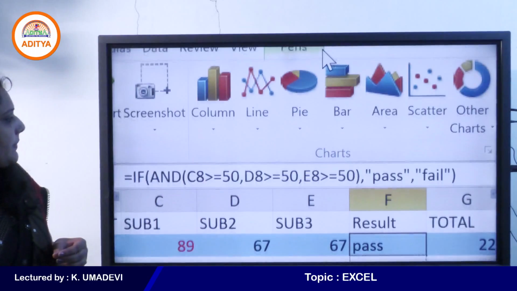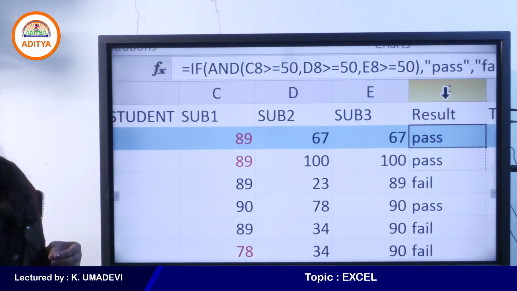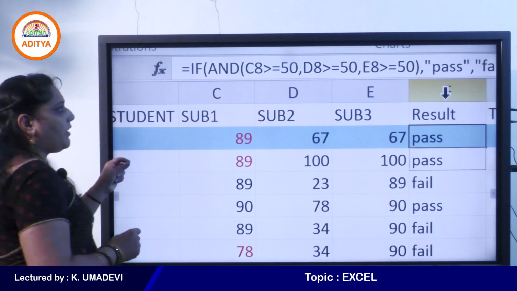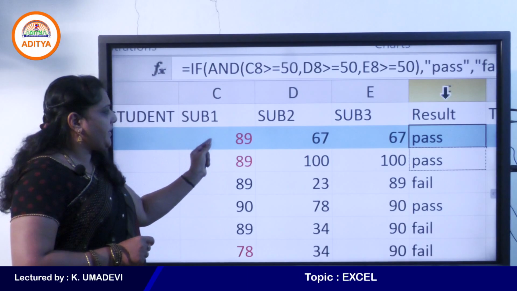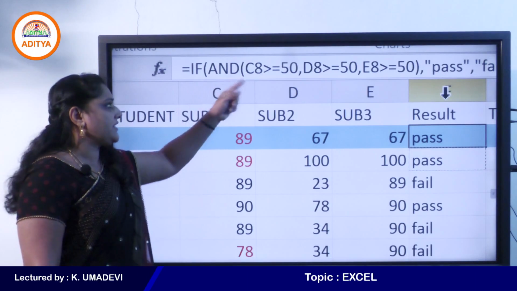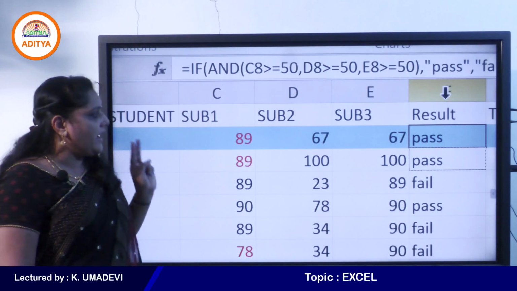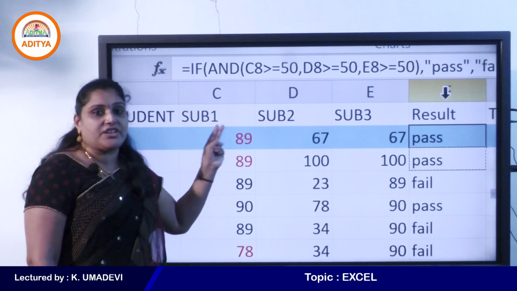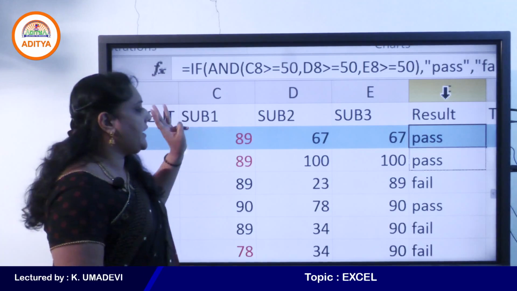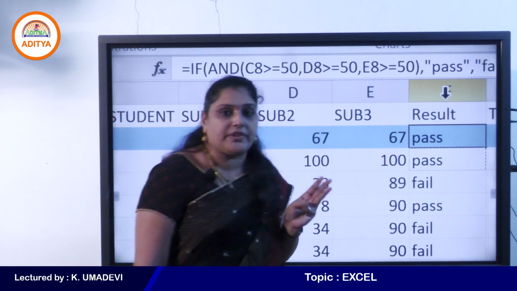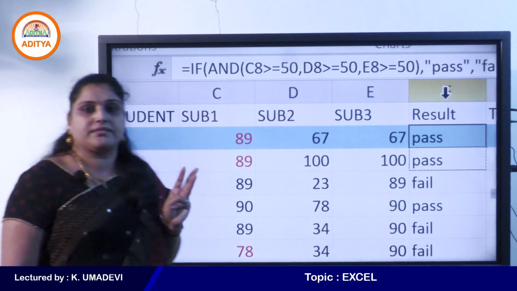Here we use AND function to print pass or fail. That means IF AND of C8, that means 89 is greater than or equal to 50, yes, it is true, and D8, 67, is greater than or equal to 50, as it is true, and E8 greater than or equal to 50, that is 67 greater than or equal to 50, as true.